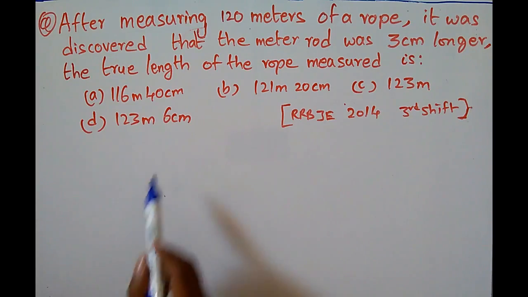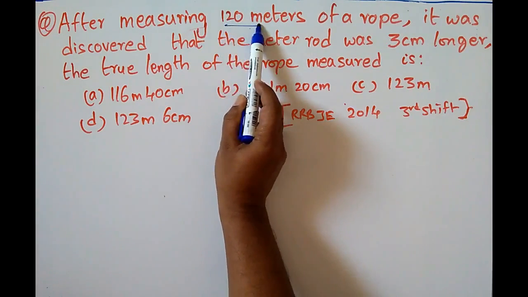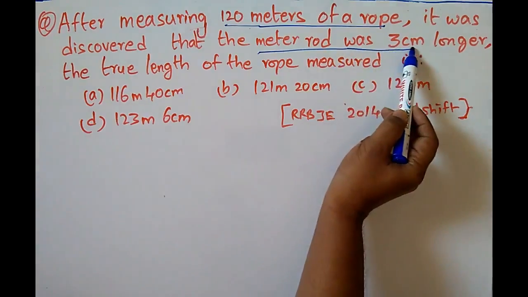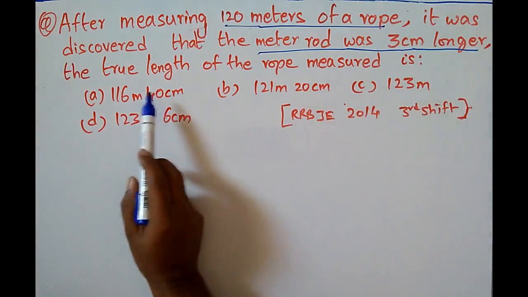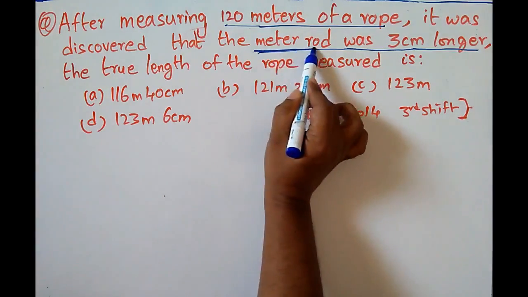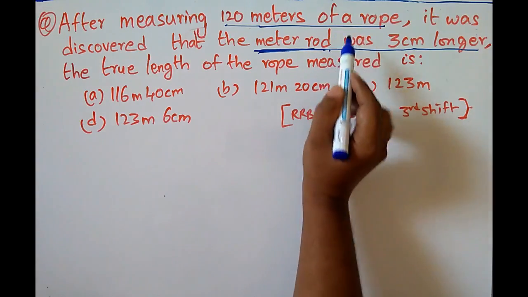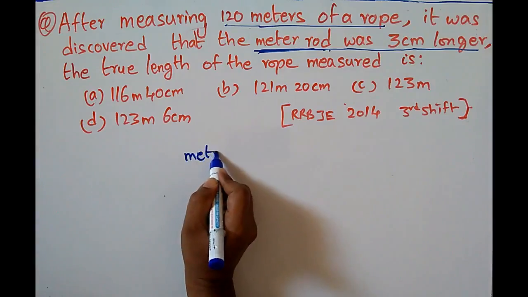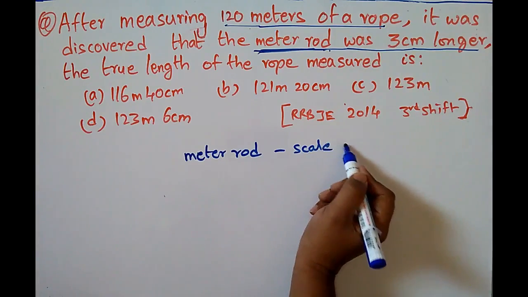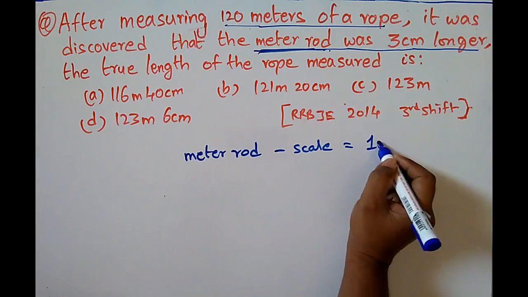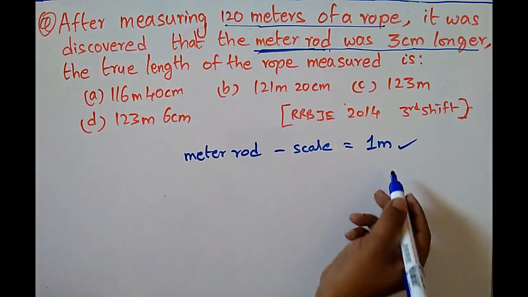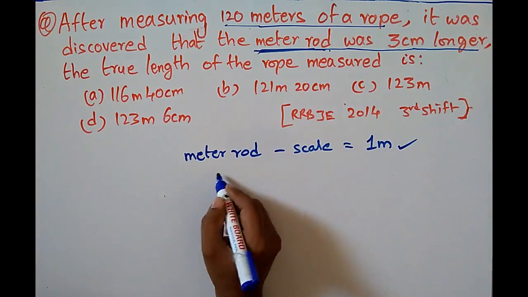After measuring 120 meters of a rope, it was discovered that the meter rod was 3 centimeter longer. The true length of the rope measured is? See friends, there is a meter rod with which they are measuring the rope. Here the meter rod is a kind of scale of 1 meter. Here meter rod, in the sense, if there are no units, it is taken as 1 meter. Meter rod is 1 meter, and they have measured